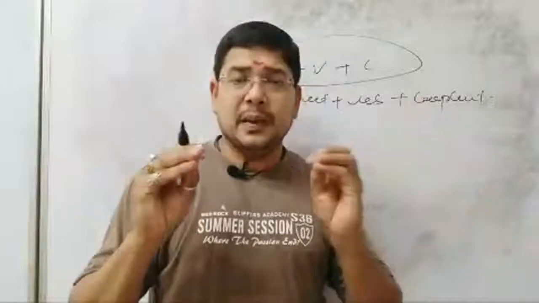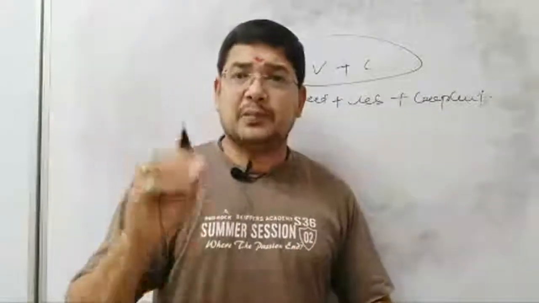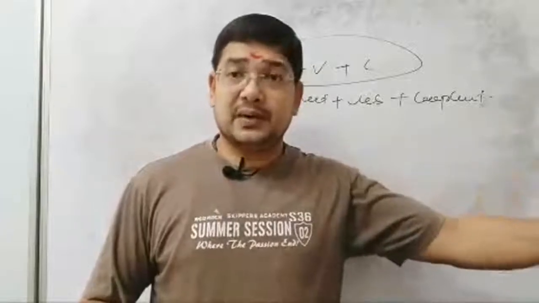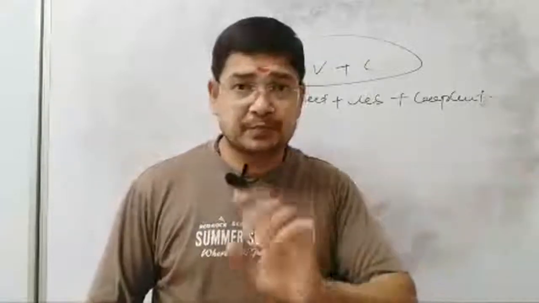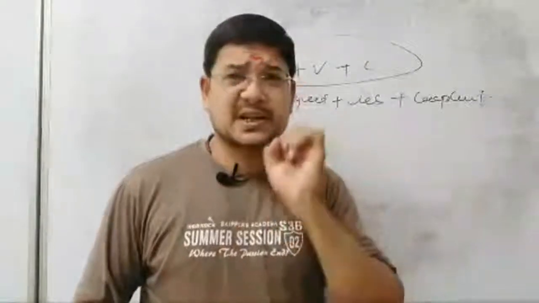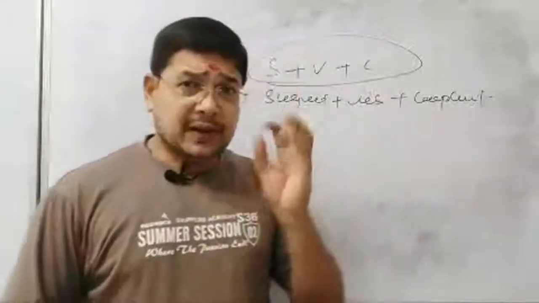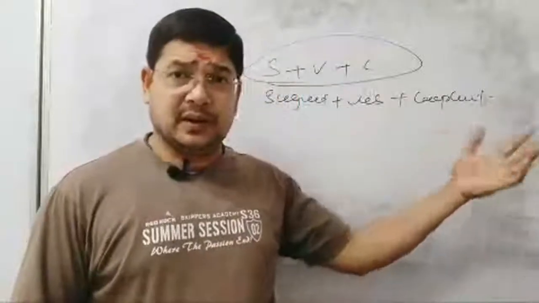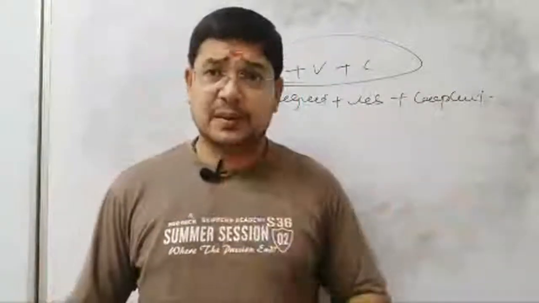Remember, when the be verb is your main verb, the later part that you use after that verb is normally considered your complement. This is the basic funda: when you use the be verb as the main verb, whatever you put after that be verb is your complement. Like